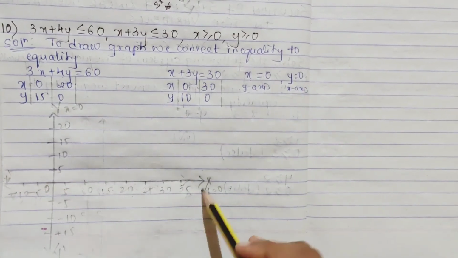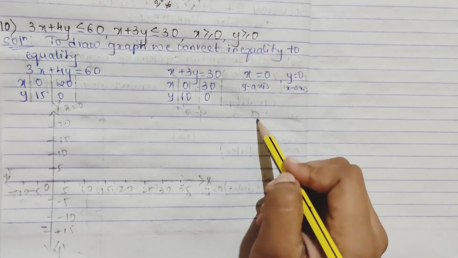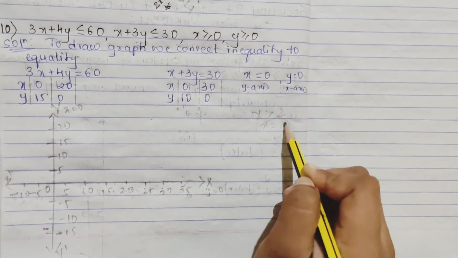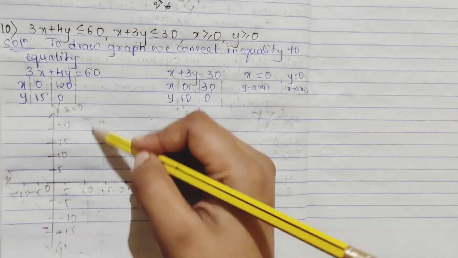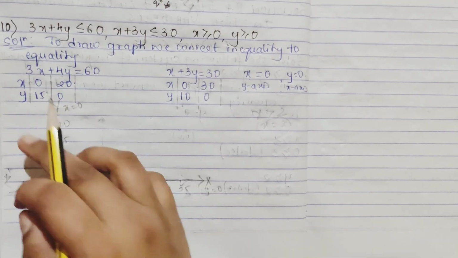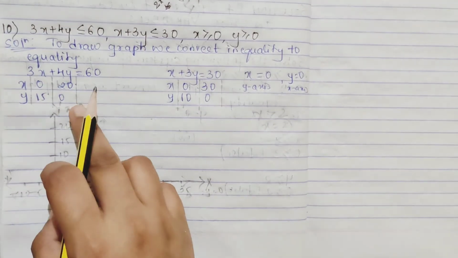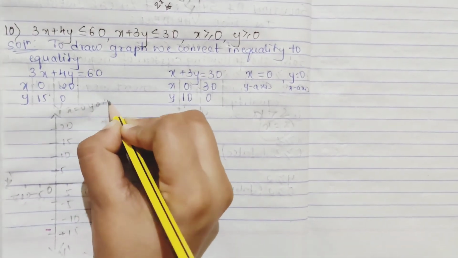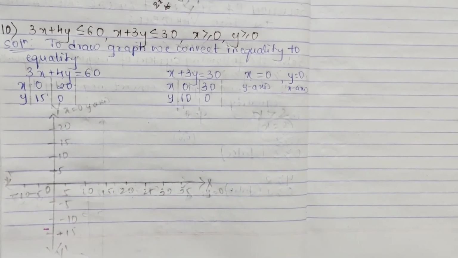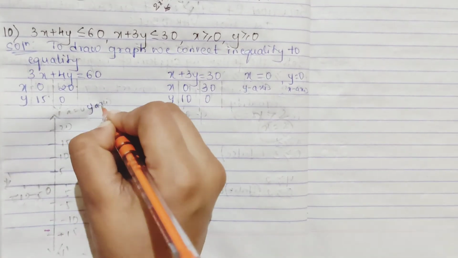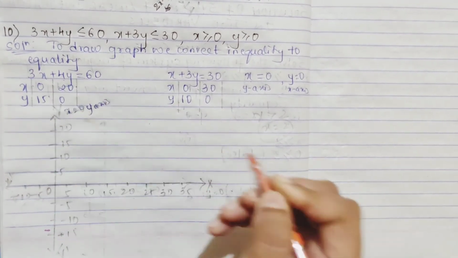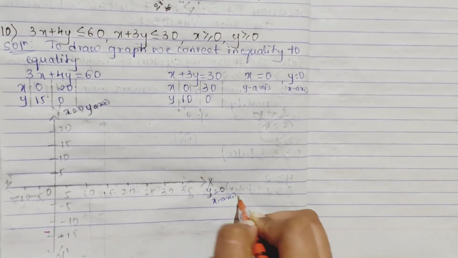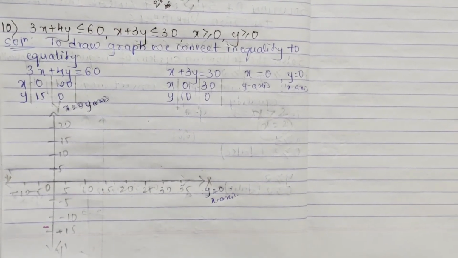Even in your previous sums we have done this. When you had x greater than 2, like this, x is equal to 2 means this will be parallel to your y-axis, right? So x is equal to 0 means y-axis. You can write it if you want. When x is equal to 0 it is the y-axis, and when y is equal to 0 it is the x-axis. You should know this. Now we will plot the points.